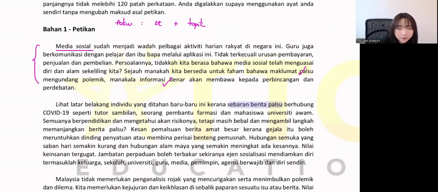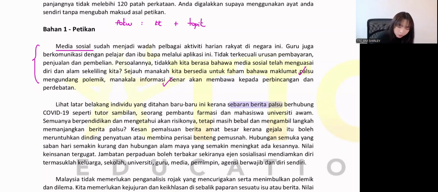Berhubung COVID-19 seperti, so who are these people that spread the fake news of the COVID-19? So the background is like part-time tutor or couples in the pharmacy or the university graduates. Okay, but they never tell us anything regarding the kesan faktor cara yet. Semuanya berpendidikan dan mengetahui akan risikonya, tetapi masih berat dan mengambil langkah